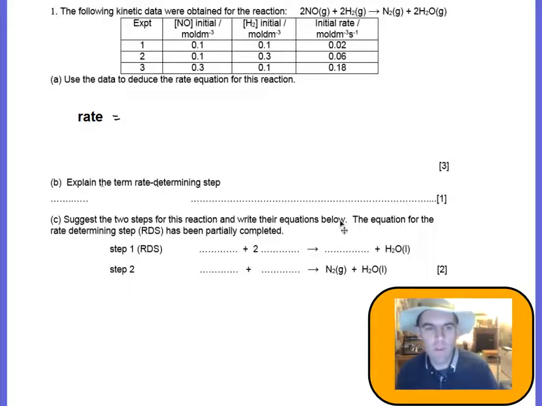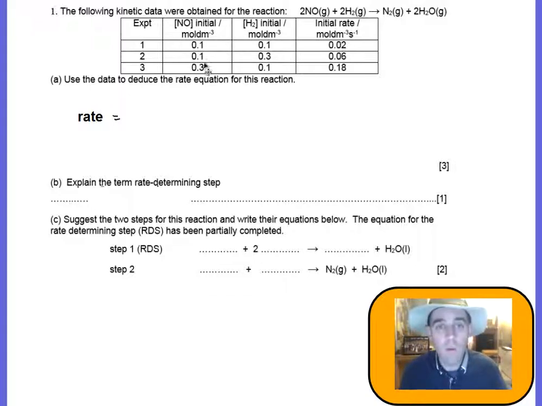Okay, this video is about the rate determining step and how we can work that out from the rate equation. So first thing we need to do then is work out the rate equation. So I'm using the initial rate method here. I've got a table. So if I want to work out the order of reaction with respect to the concentration